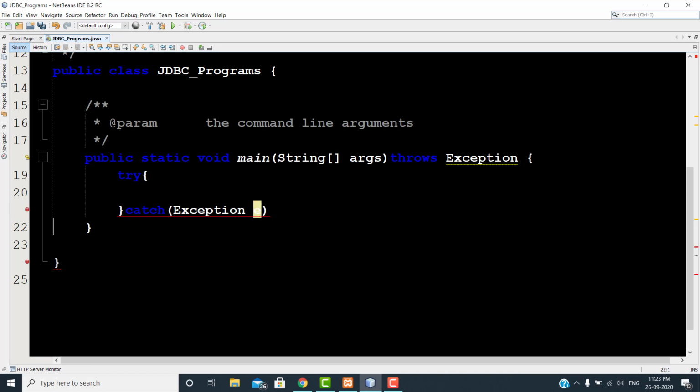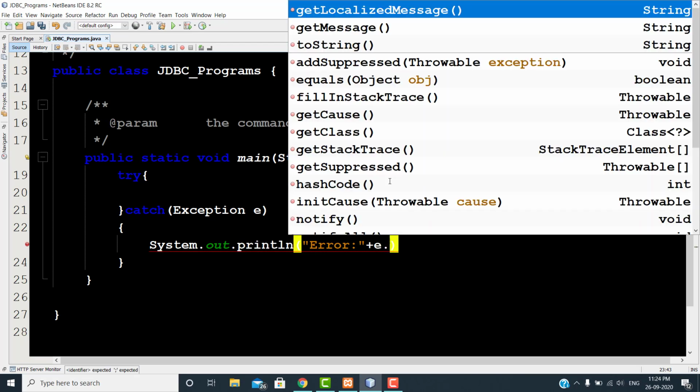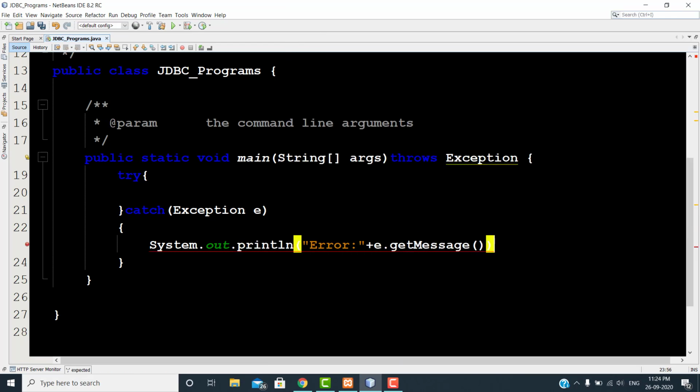If you have any exception, you display it in this catch block. For that I'm using System.out.println, and write your message here: error, e.getMessage(). Save your file.